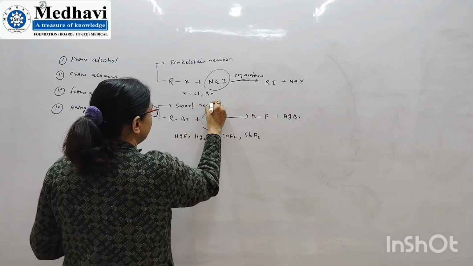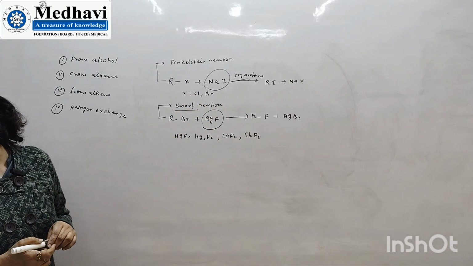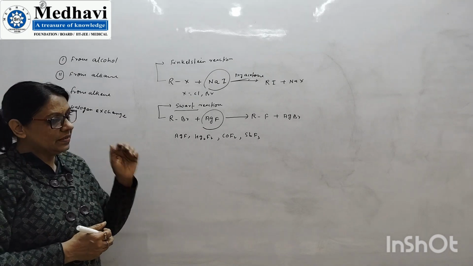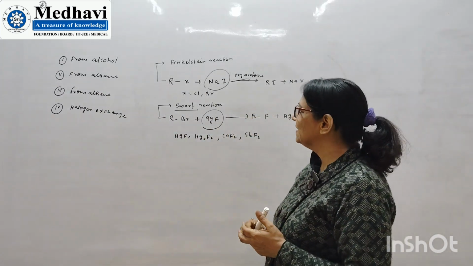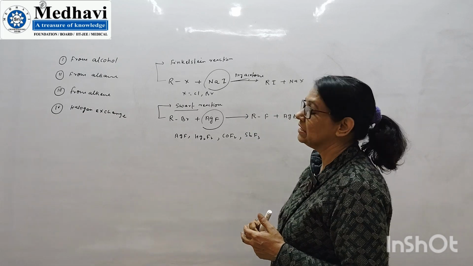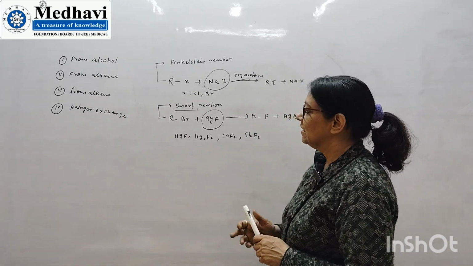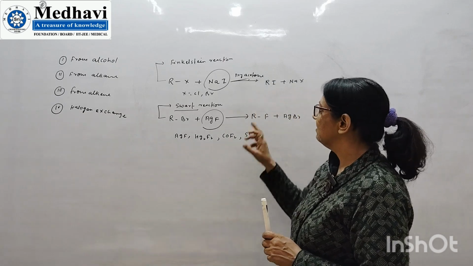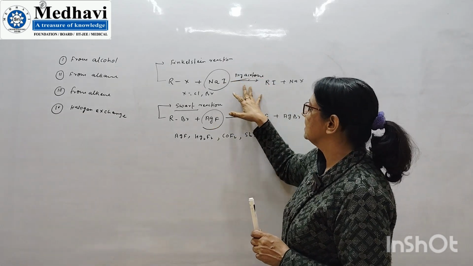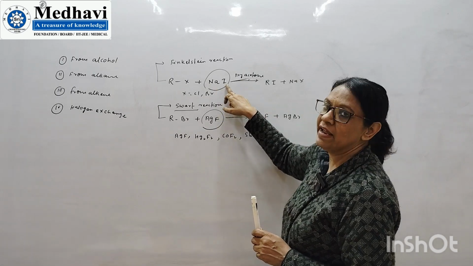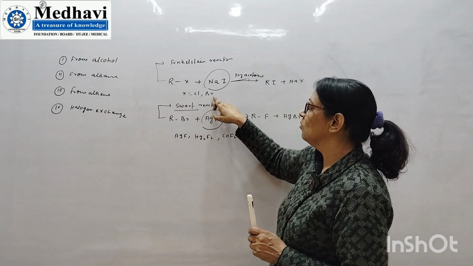In the board exam, if a reaction has been given its name, mind it, those questions, those examples, those reactions whose name has been given, are going to be very, very important from the board's point of view. So you must remember that the halogen exchange method is very, very important because its name has been given. Finkelstein reaction: we can use sodium iodide in presence of dry acetone, and here chloro or bromo are replaced